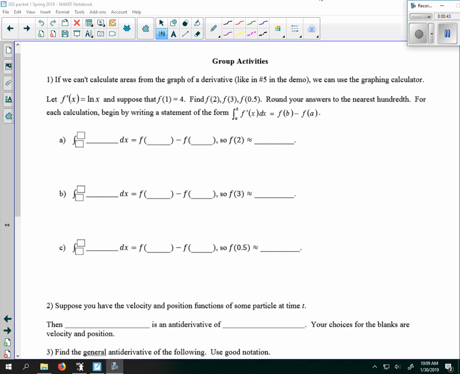So let's see, I know something about f of 1, and I want to know something about f of 2. So if I calculate the integral from 1 to 2 of ln x dx, where ln x is the derivative f prime, then that should be equal to f of 2 minus f of 1. I know what f of 1 is, it's 4, and I need to find f of 2. So this is going to be minus 4. F of 2 is what I'm looking for. And then this definite integral from 1 to 2 of ln x, I'm going to get an estimate for